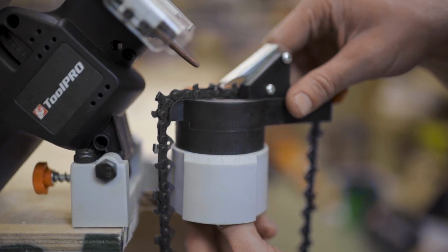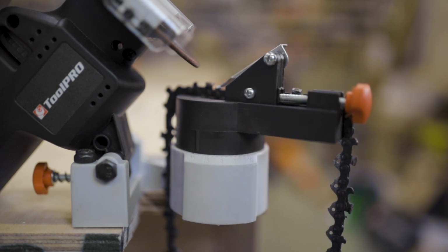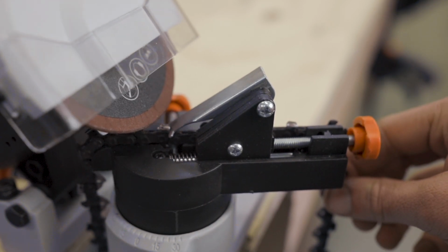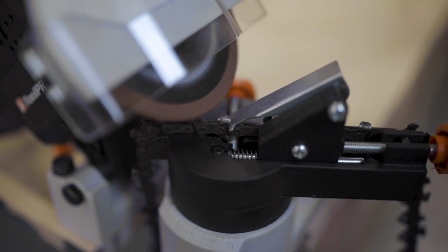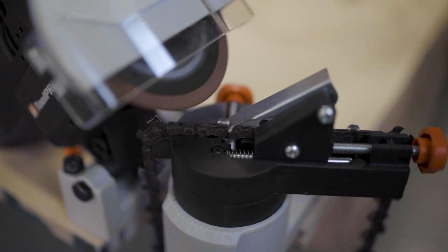Using the sharpener is simple thanks to the adjustable rotary table, which can be easily set to the correct angle to suit your cutting links, as well as the chain carrier that is fully depth and distance adjustable and features reliable locking screws. The large handle lets you carefully guide the grinding wheel into place and effortlessly sharpen the cutting surface of your chain. Repeat the process for every second cutting blade before setting the rotary table to the opposite